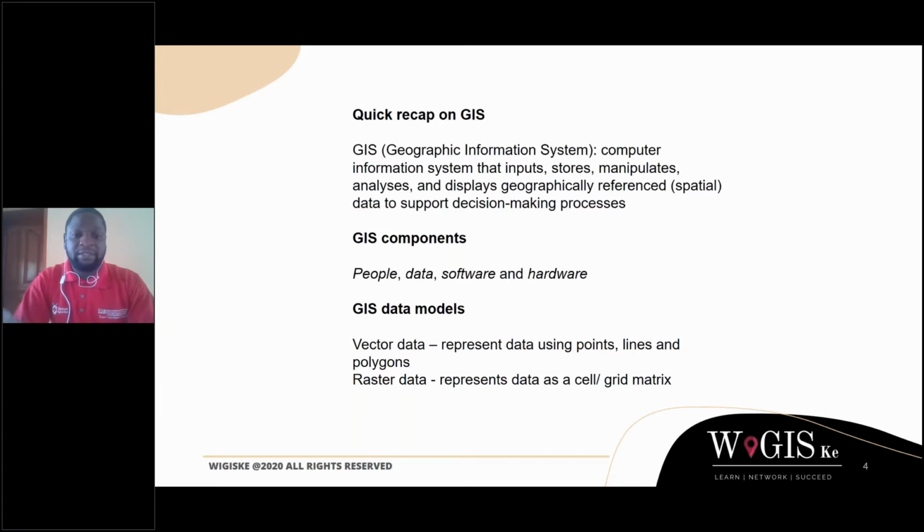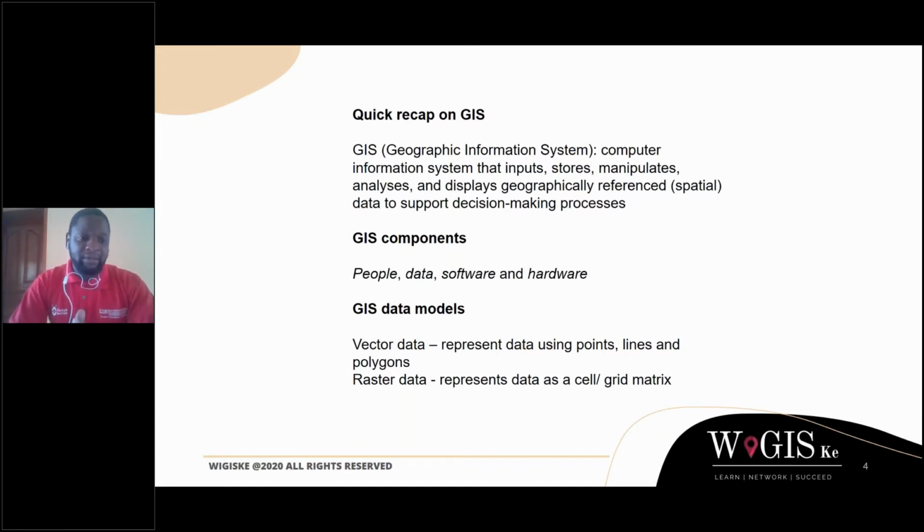R forms the software basis of GIS, and it's a little bit robust, like I'd mentioned before. I wouldn't dwell too much on this, but for this particular webinar, I'll be looking at handling vector data, specifically administrative data, just to map out